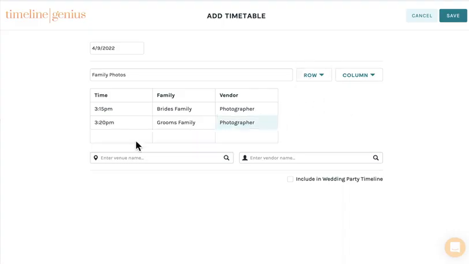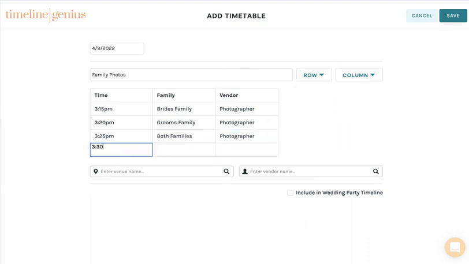Let's add a row below, and let's say at 3:25 p.m. we are going to do both families and photographer. Of course, you can do whatever you want over here. I'm just showing this as an example. Add a row below, and then let's say at 3:30 p.m. we are going to do, I'll use this as an example, but sometimes it's what comes up, like grandparents only,